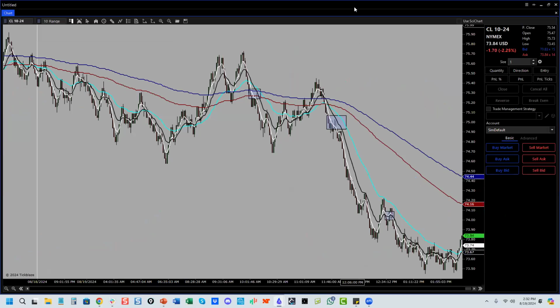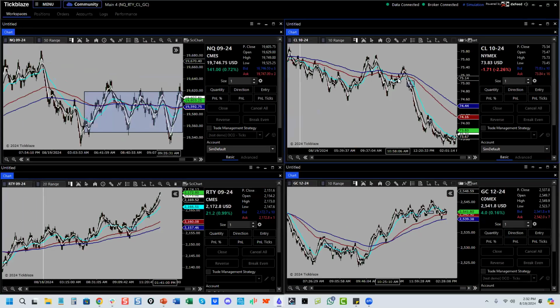You want thin markets. Even though there's a lot of volume on crude and still a lot of volume on the NASDAQ, you wouldn't find those types of movements on, say, bonds or the S&P. So this is a strategy that's designed for these 4 markets. I'm assuming you guys could trade those markets. How many of you are okay with trading these 4 markets? These are pretty much the big boys, right? Okay. Exactly.